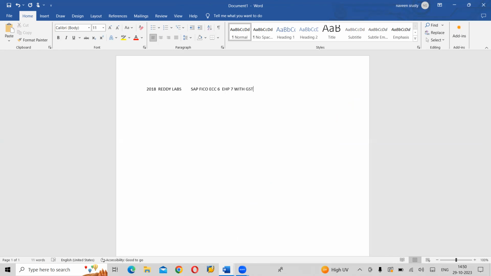This is the latest ECC version. So my company Reddy Labs is there in 2018. In 2019, they started using SAP in their organization.